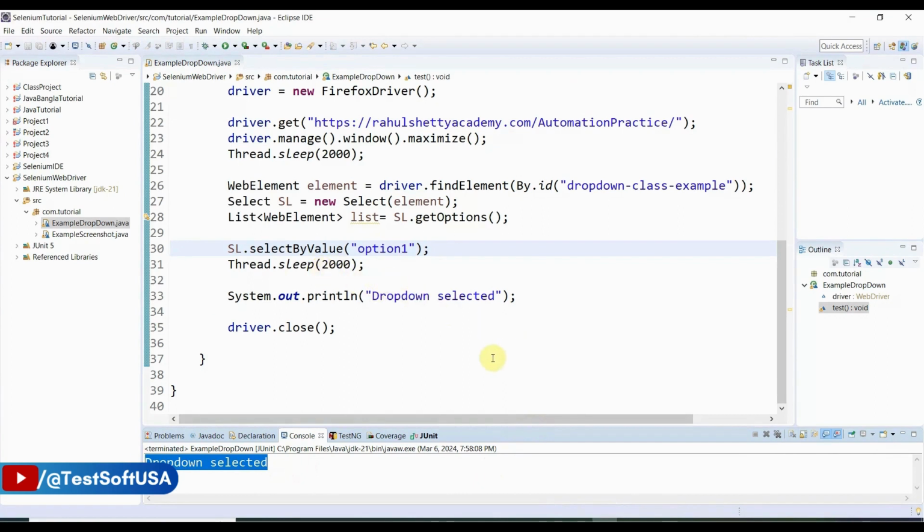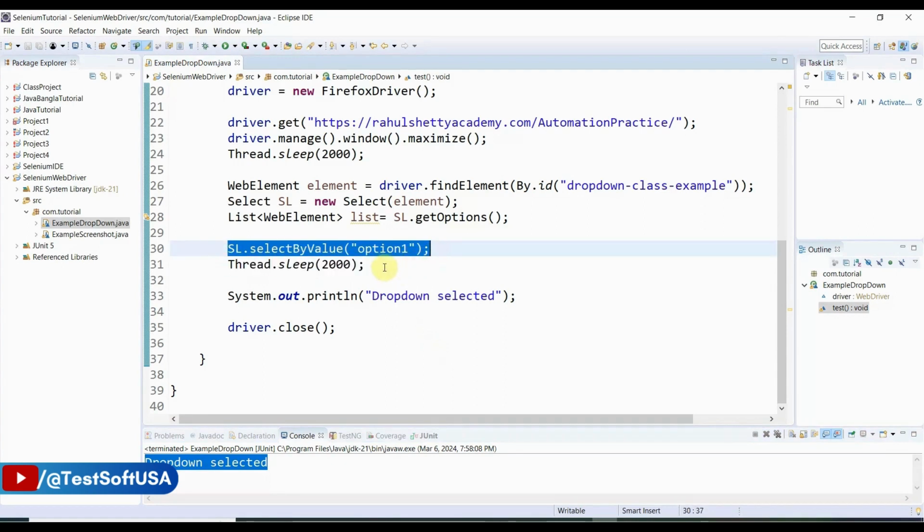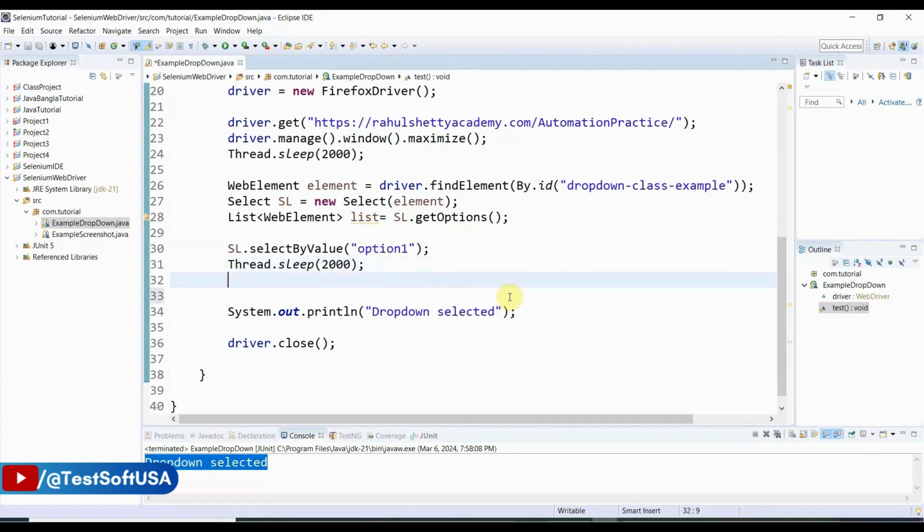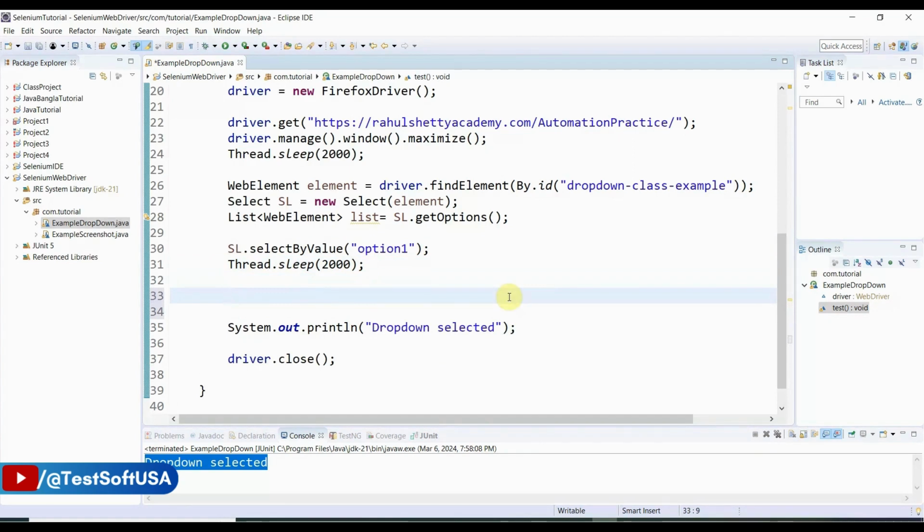So thereafter, in real life we don't even select this way with the single line. We use the looping statement so that dynamically it can handle and select or click the drop down list. In order to do that, we can do the for loop statement: for WebElement e. You can put any variable, I'm just putting e, then it is the list, right? Then within the curly braces of the for loop,